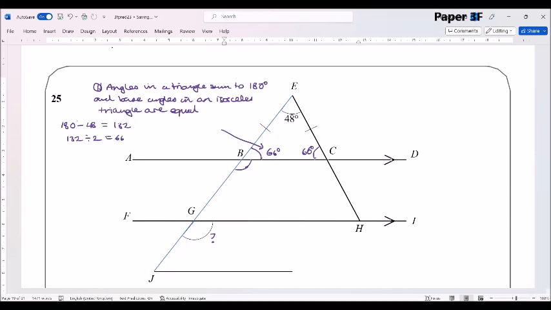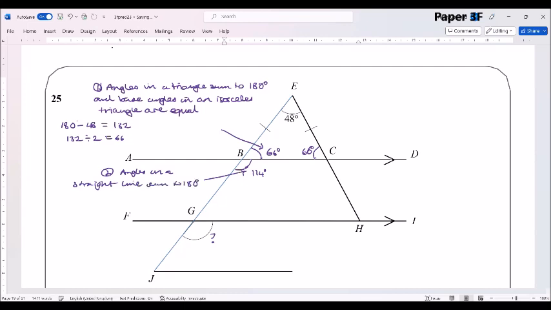Next angle here, we can work out this one here if we want to. We could say that this angle in here is equal to 66 away from 180. So it's this one here. So 180 minus 66, which is 114. So that's reason number two, and that's angles on a straight line sum to